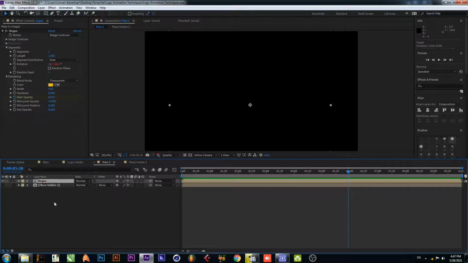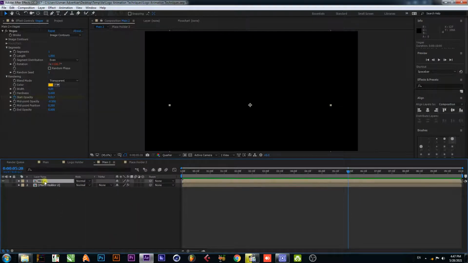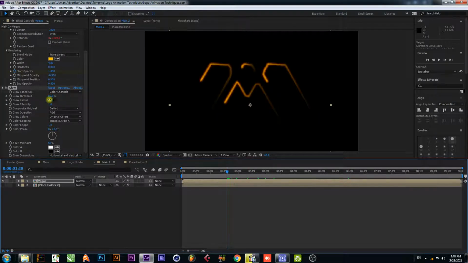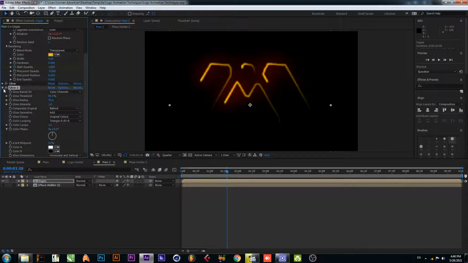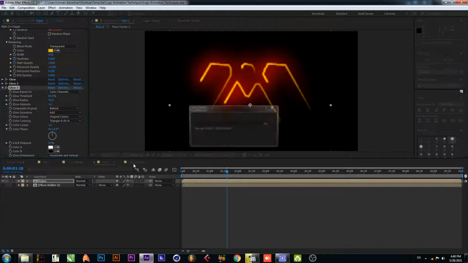Okay, now create a duplicate layer and change its sorry, first undo and apply the effect glow and change threshold to 85, radius to 75. Okay, now create duplicate effect by Control D. Okay, once more. Okay,